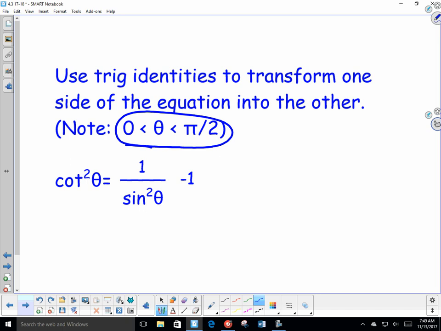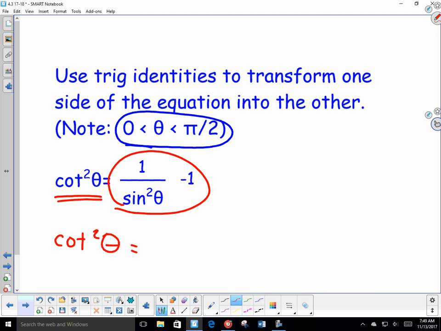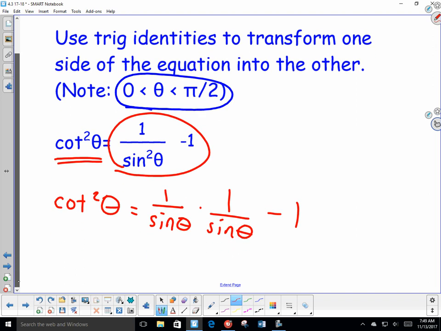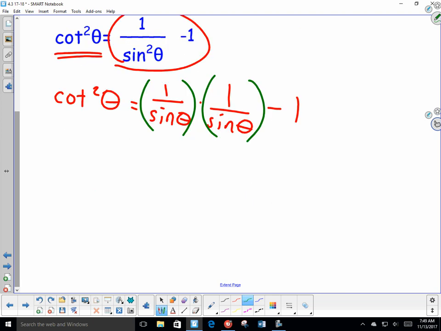We're trying to rewrite, let's say we're trying to rewrite the right side of the equation so it ends up looking like the left side. So let's leave the left side alone, and we can rewrite 1 over sine squared as 1 over sine theta times 1 over sine theta. Right? Sine squared means sine times sine. But what is 1 over sine theta? That's one of our identities. If you're looking back at what you've written, hopefully 1 over sine theta is equal to cosecant theta. So I have cosecant theta times cosecant theta